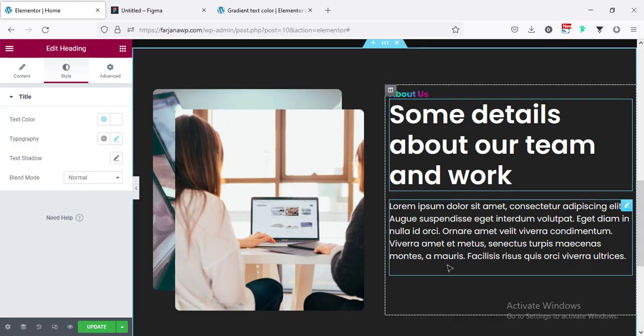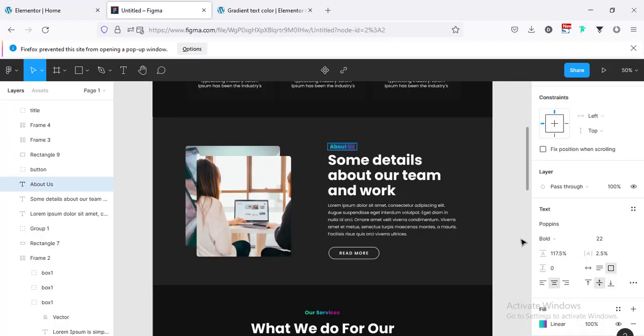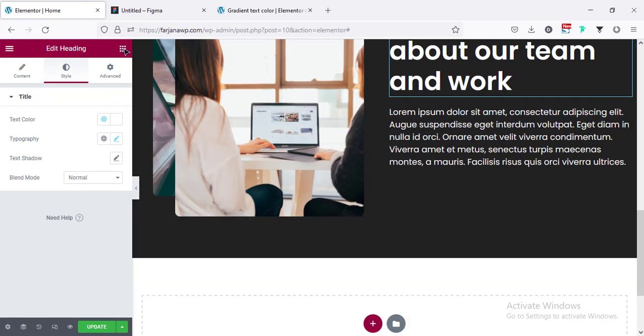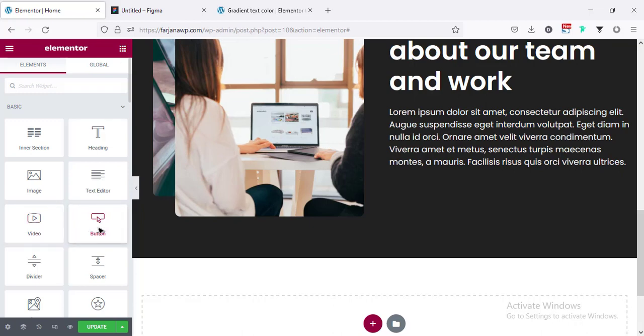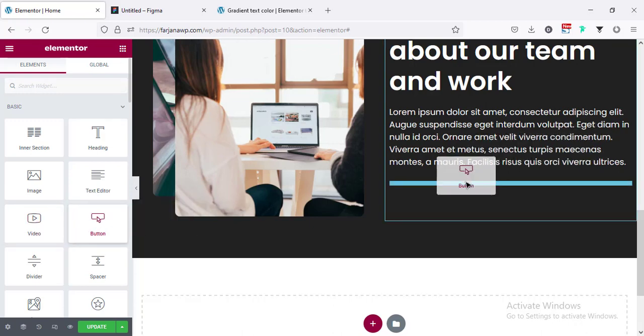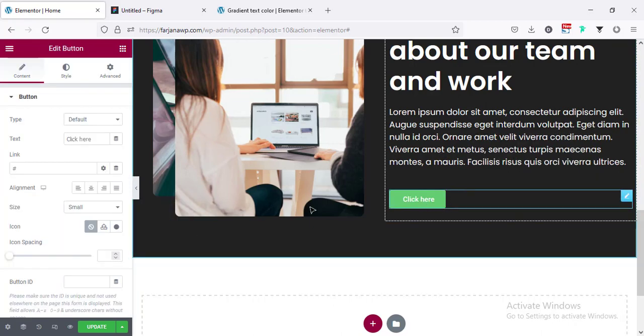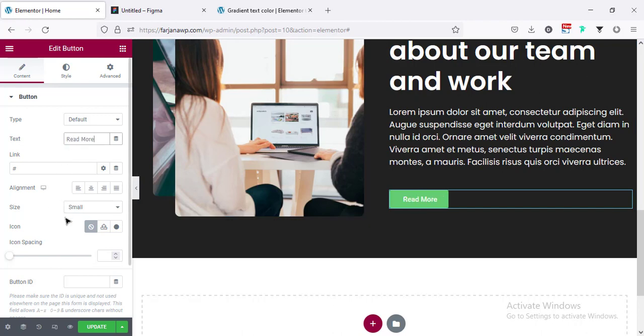And finally I'm going to create this read more button. So again going here and searching for this button and taking it, and here changing the text to read more, and here we can add the link URL. And now going to the style tab,